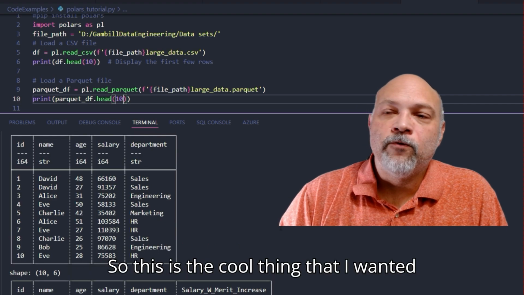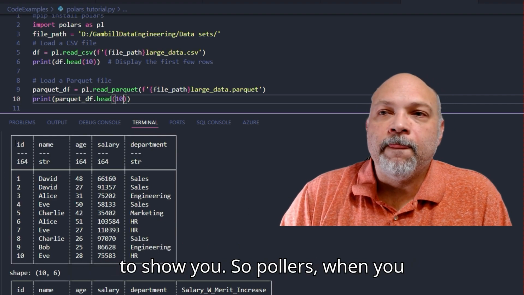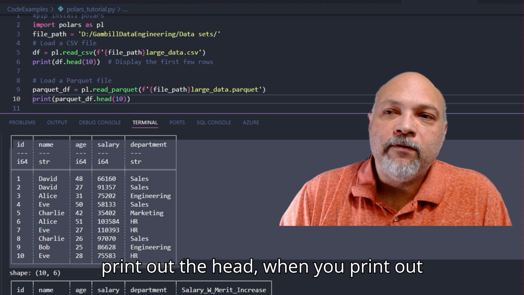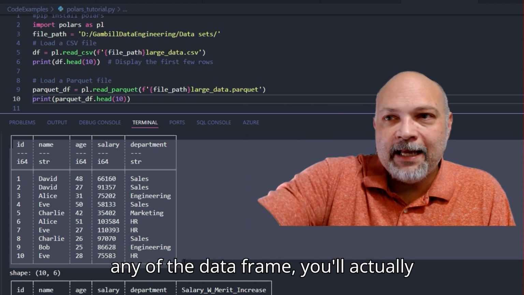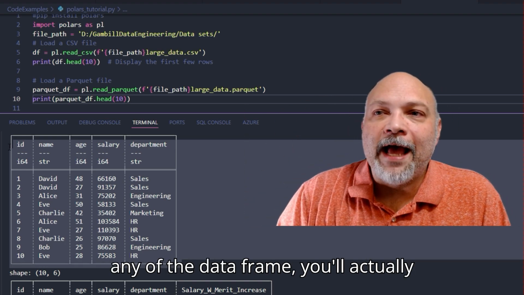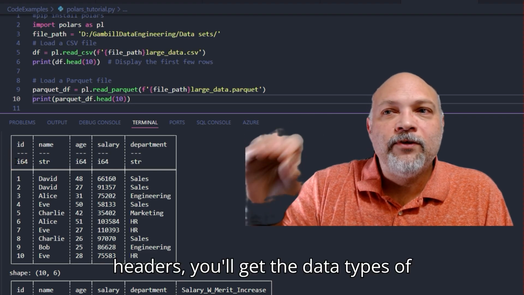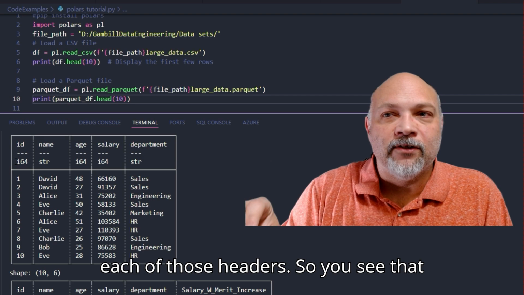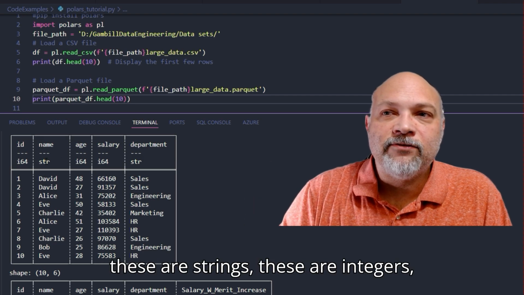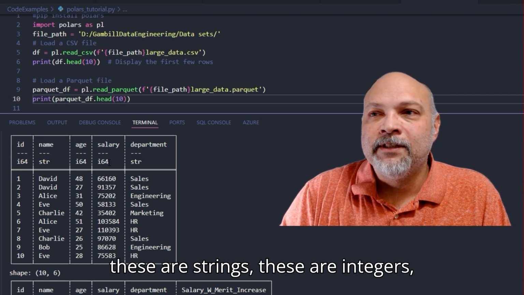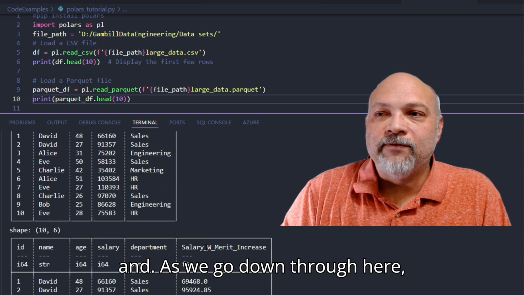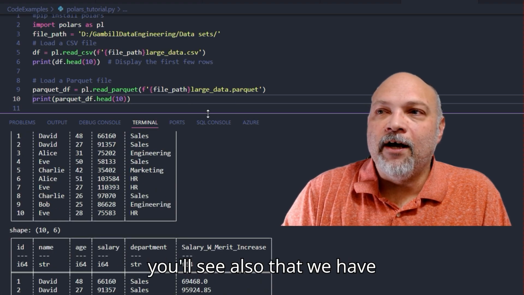So this is the cool thing that I wanted to show you. So Polars, when you print out the head, when you print out any of the data frame, you'll actually get, along with your headers, the data types of each of those headers. So you see that these are strings, these are integers, and as we go down through here, you'll see also